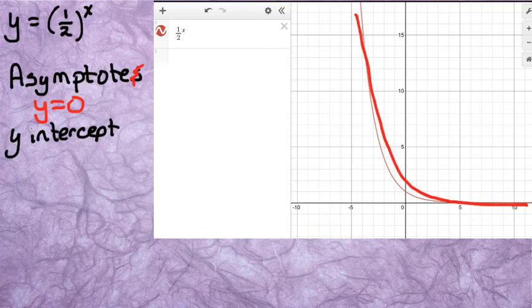The y-intercept, if I plugged a 0 in for the x, so y equals 1/2 to the 0 power, that's still going to be 1, since anything to the 0 power is 1. So (0, 1). When they are the parent function, which each of these is considered, there are no transformations happening to them, then the y-intercept is always going to be (0, 1). The asymptote is always going to be y equals 0. Now, if we start adding things to it or moving this function around, that's when that